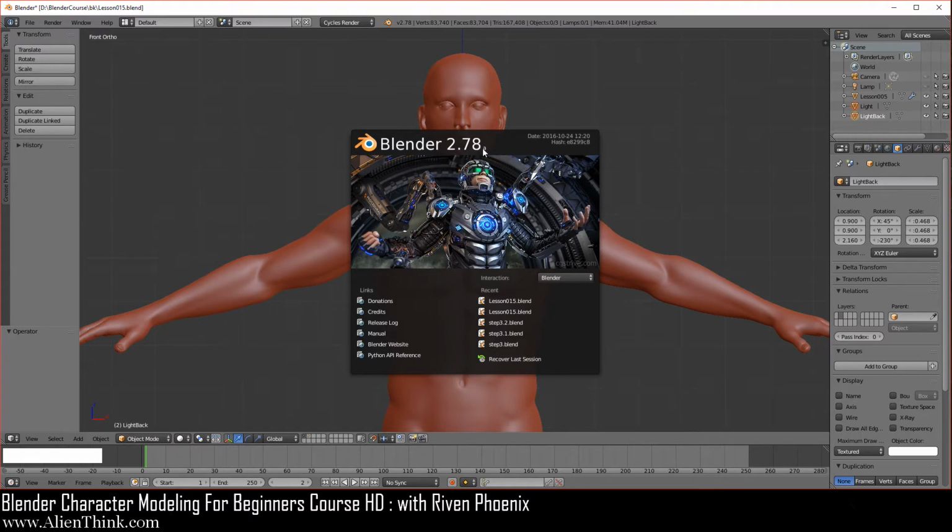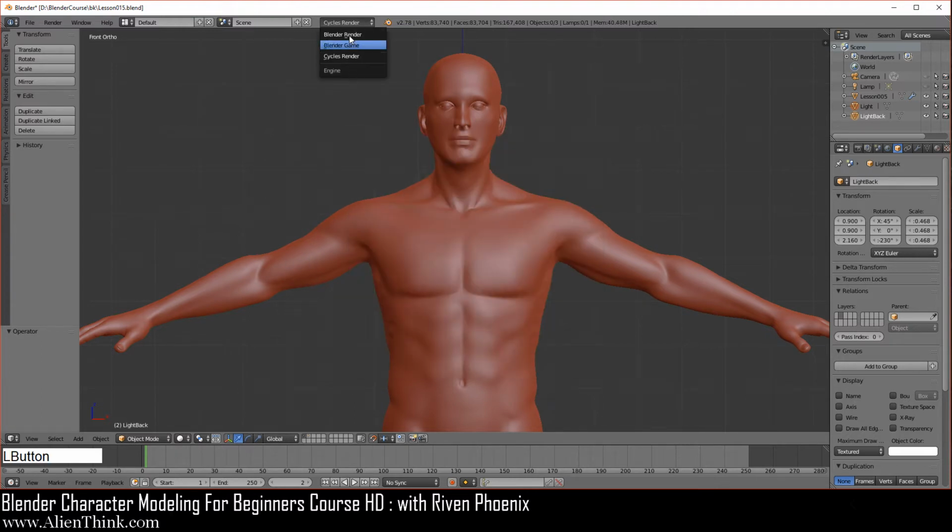Now in 2.8, what you're really going to be getting is a lot of eye candy in the 3D view, right? And they're going to be really changing certain things as to how you do texture painting or visualize your 3D model in the 3D viewport. You're going to see a lot of changes in here. You can see that we only have 3 options right now: Blender Render, Blender Game, Cycles Render, but then you're going to get a few more options over here. So just use this version of Blender, okay?